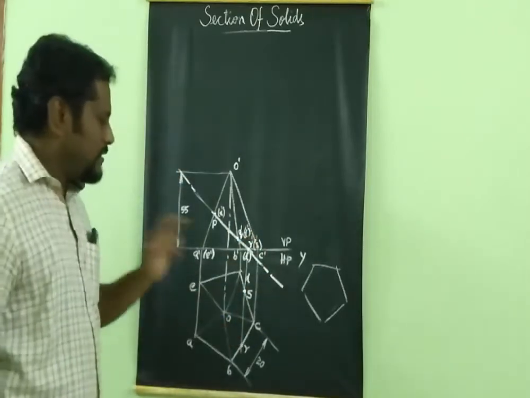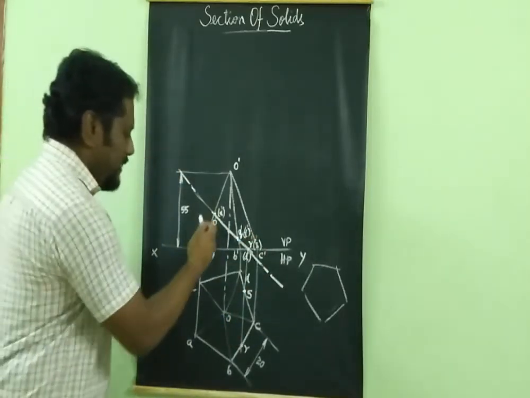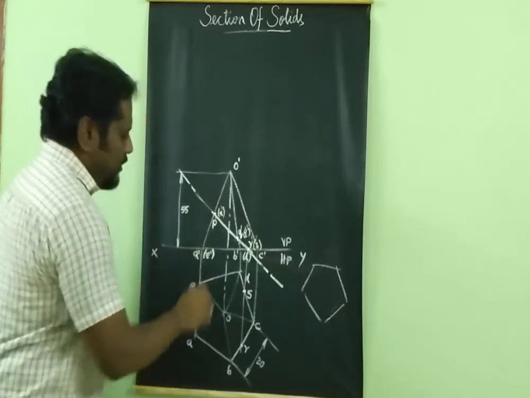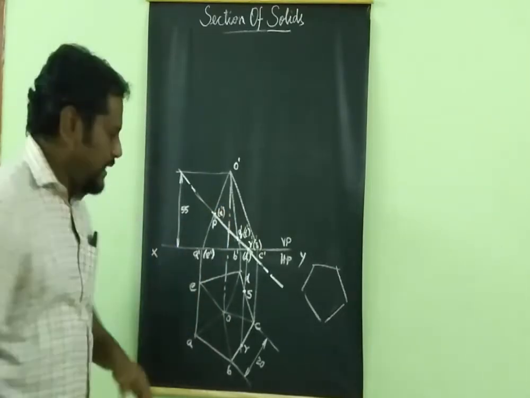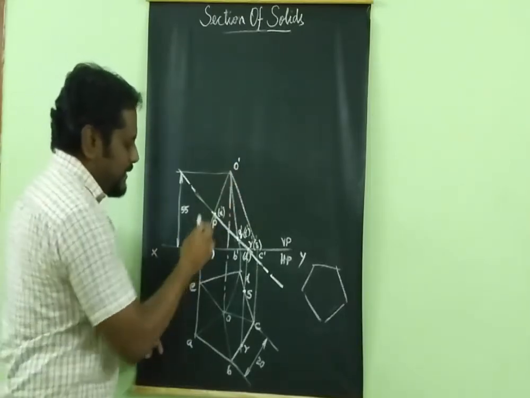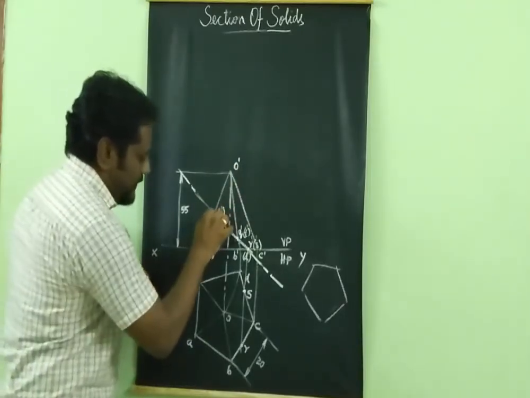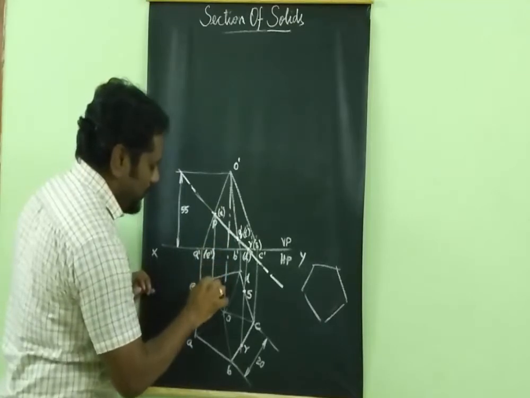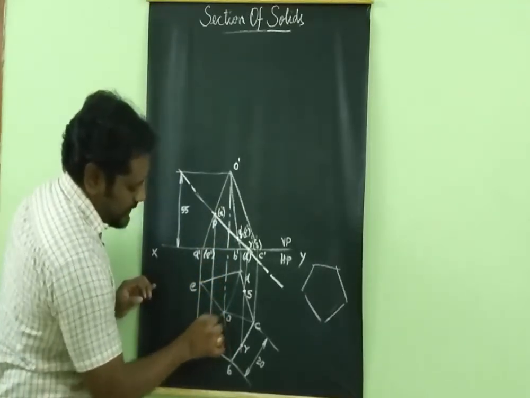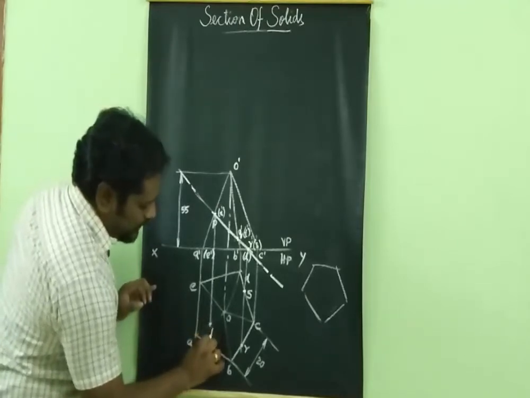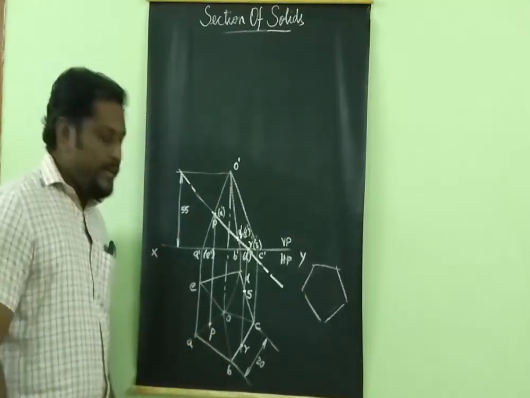So here RS. Now to mark the points P and U, you have to project these two. First, initially mark the point P, right? So point P is in the line OA. So project this line up to the line OA, right? It cuts here. The OA line is here. It cuts here. So point P will come here, right?